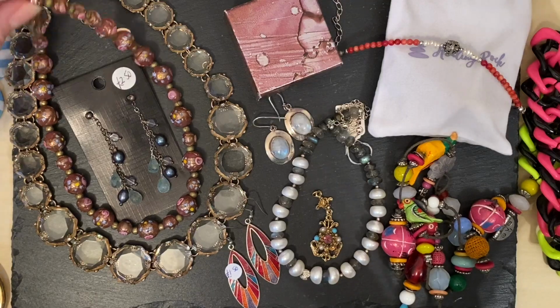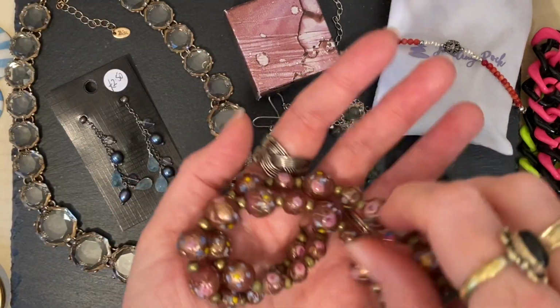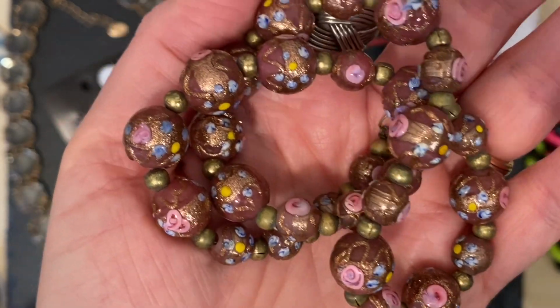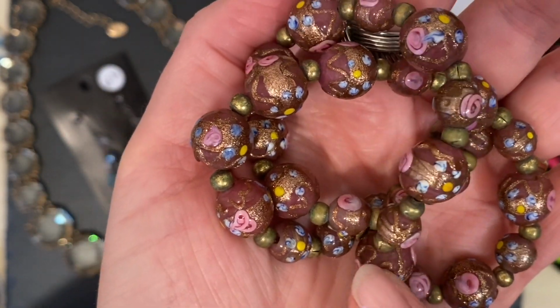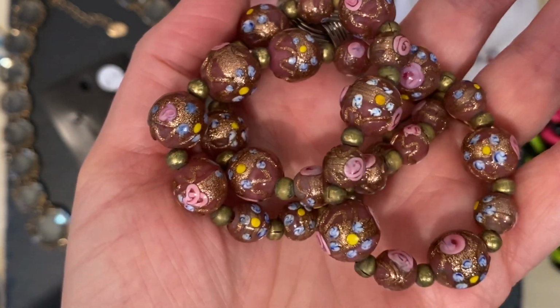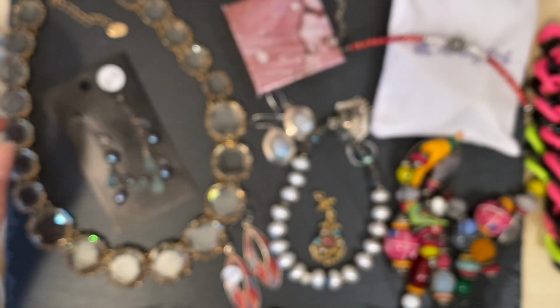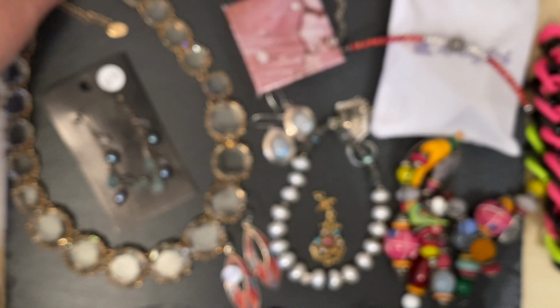So I had a really bargainous car boot sale last week where I picked up these beautiful Murano glass wedding cake beads. They're a really pretty pink colour and they were 50p, which is quite the bargain if you know about Venetian beads. And then from the same seller,